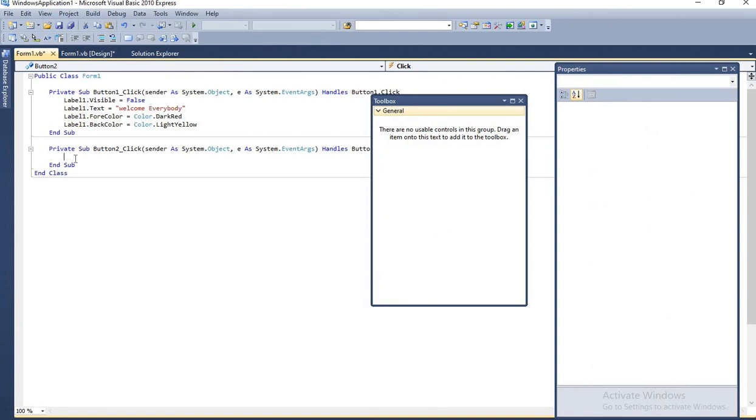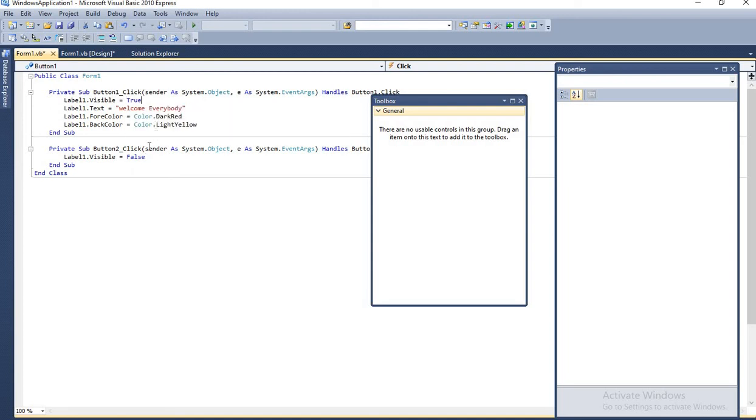Double click, and now we will set its visible property as false. And here the visible property will be true.